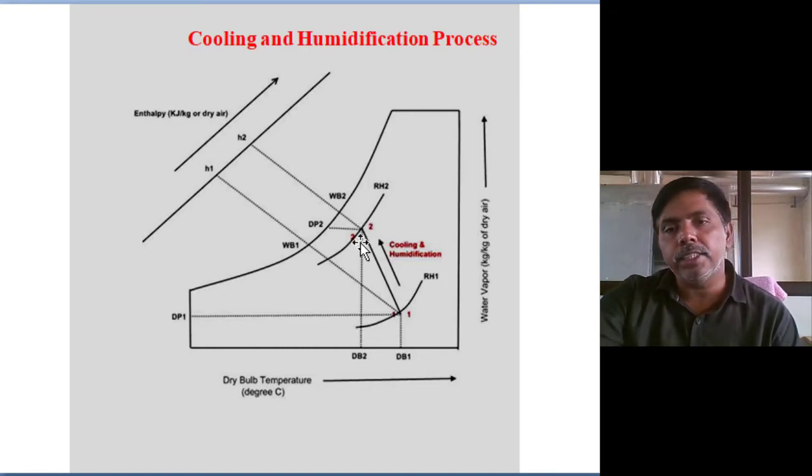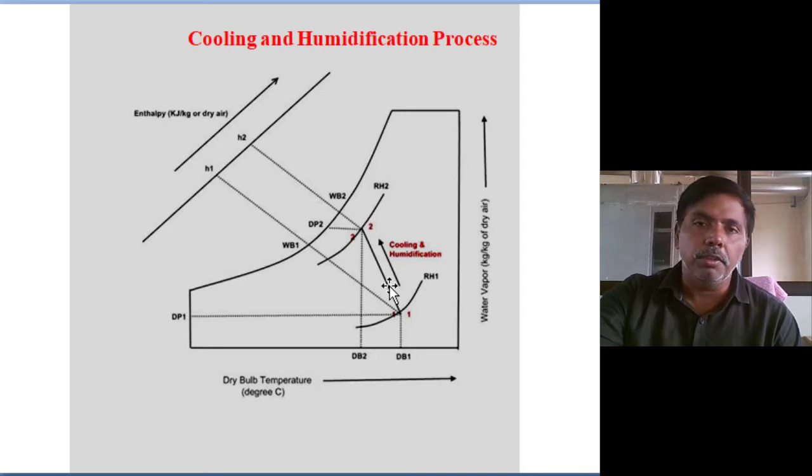But on the industrial side, what they are doing is, initially they cool the air, and after that they do the humidification with normal water. Generally we can achieve this by cooling and humidification. Here we are adding moisture content, and moisture has high latent heat, so enthalpy automatically increases. Even though you are reducing the temperature, the enthalpy is increasing in cooling and humidification. Dew point temperature is changing.